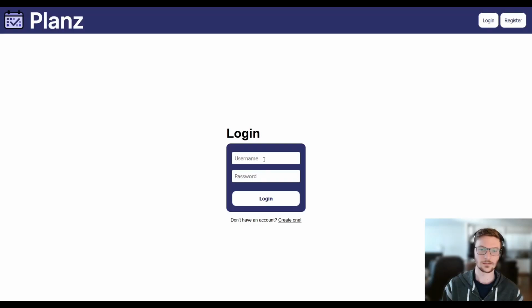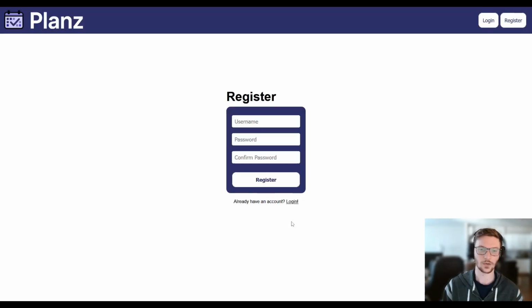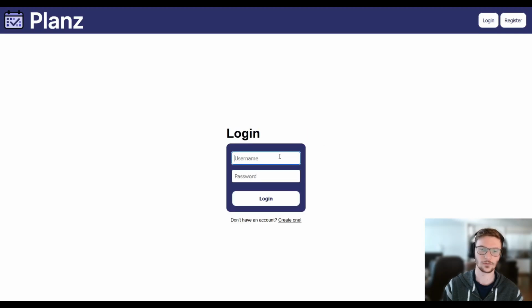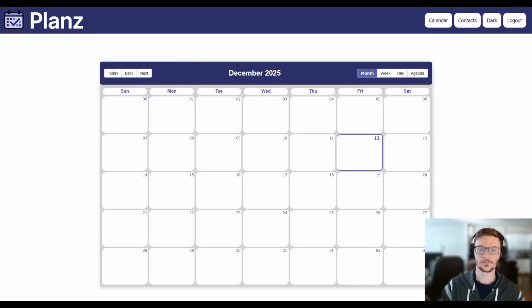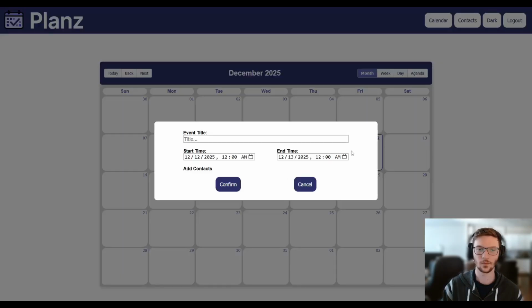So let's log in, and if we don't have an account, we can create one, but we already have one. So let's go back to the login modal and log in. And if we click on the calendar now, after being logged in, we can see that we can create an event. So let's create an event and give it a title. It's set for a day,